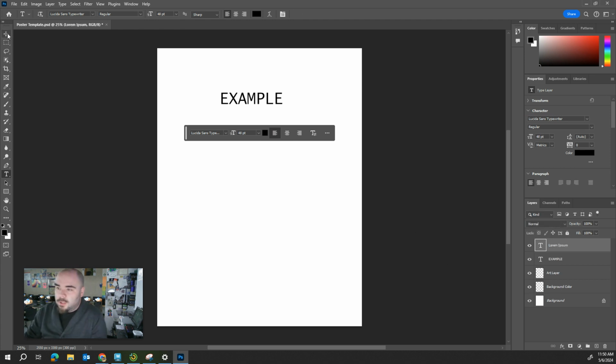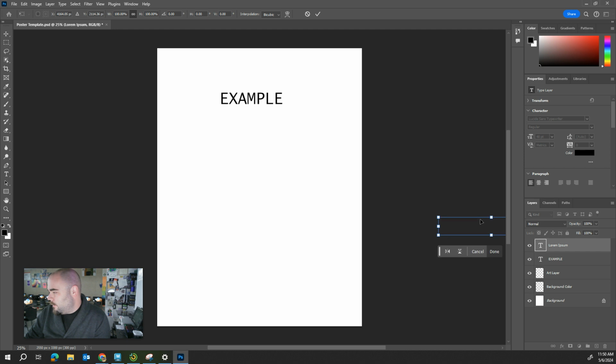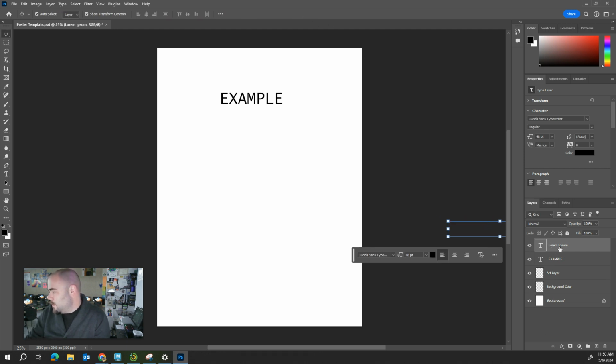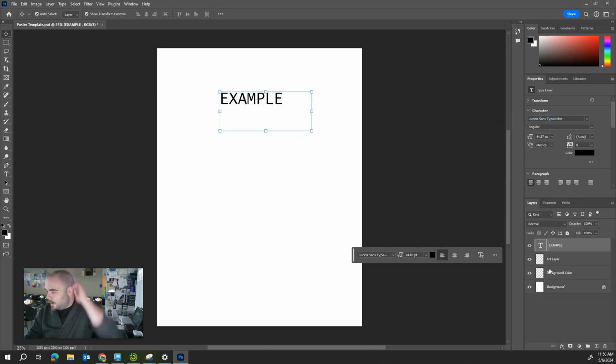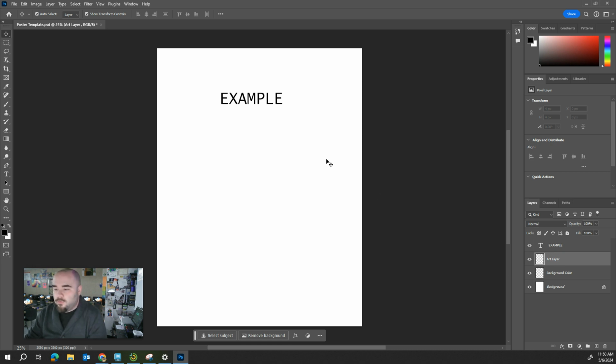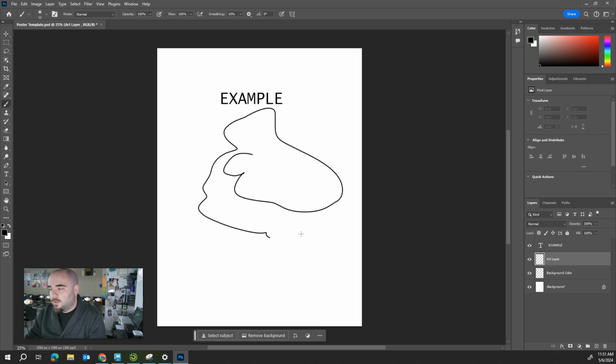Now, once you switch out of the text tool, we have a couple other layers here. You can just delete this layer again. So I also give you an art layer. So with the art layer, you could draw. So again, you could go over here to your pencil tool or paintbrush tool and you can change your pencil. You guys do have your Wacom tablet, so you guys can take a drawing pen and you can draw. So you want to make sure you're on that layer when you're drawing. So if you draw something and you don't like it, you can always use the erase tool and erase it,